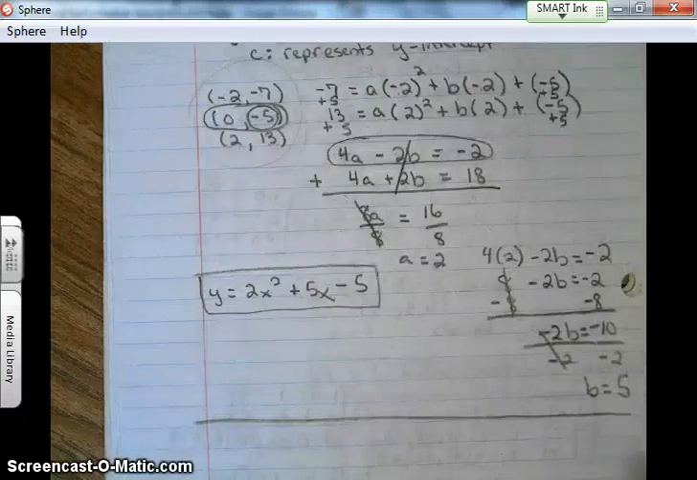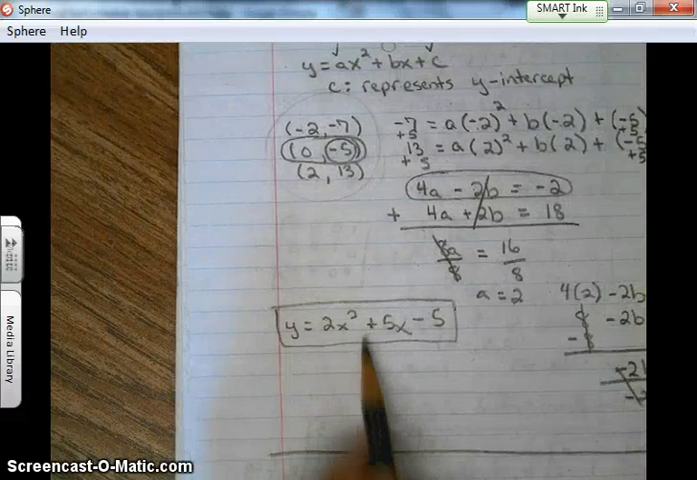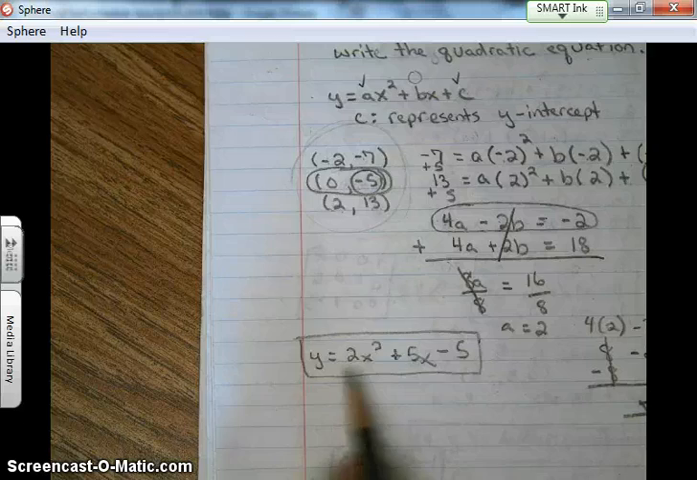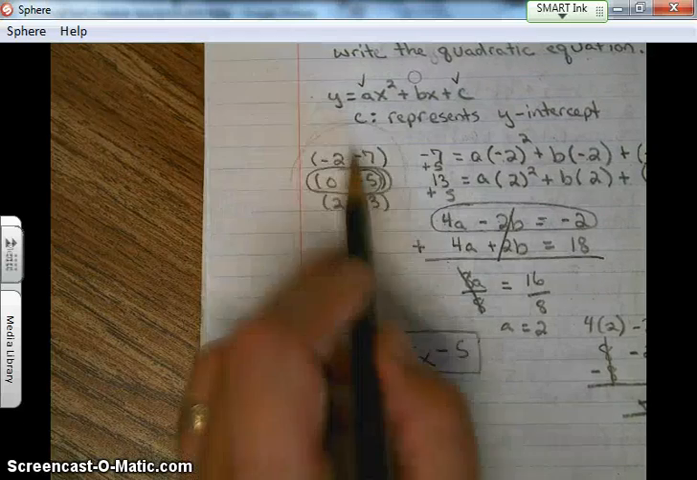And yes, I planned that out to get the same answer with these 3 points. It's the same parabola,